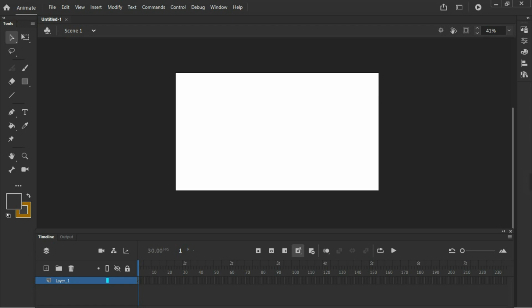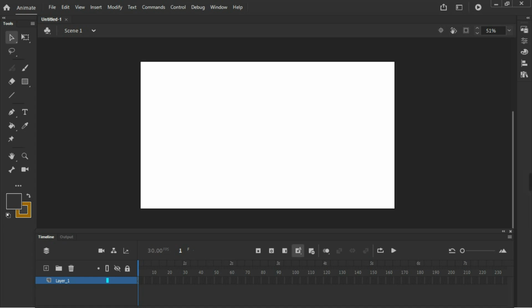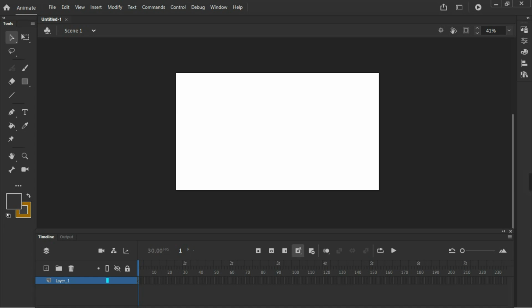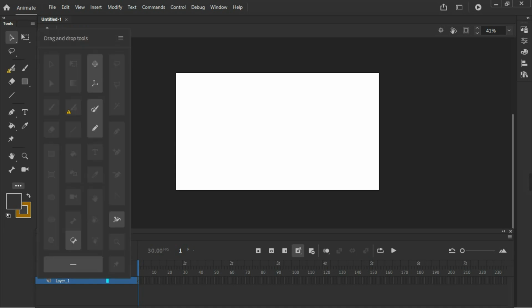Okay, if you are a web developer, coder, programmer, whatever you are, if you know computers, you know what this is. This is the canvas. In here you can draw and use any of these tools. Now in here you can choose the properties and colors and the assets from here. Now there are a lot of tools available. If you wanna add more tools, just click on here and you can add a lot of tools from here.